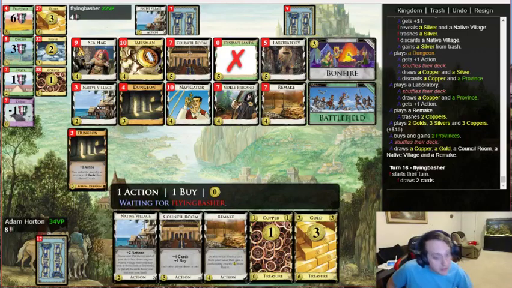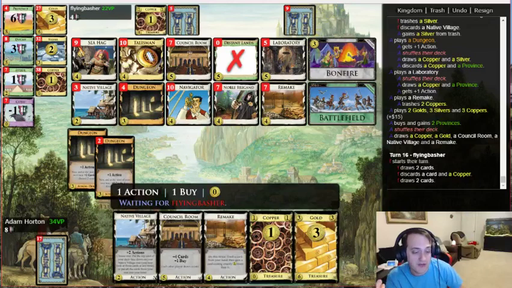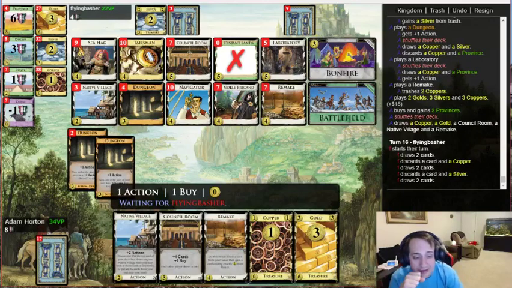Feel pretty good. There aren't many plays from him here that can feel all that great. He can only get 1 province. Unless he hits me with a Brigand, in which case, I don't know, he still kind of can't. I mean, if he hit a gold from me, then he might feel okay about it, but...